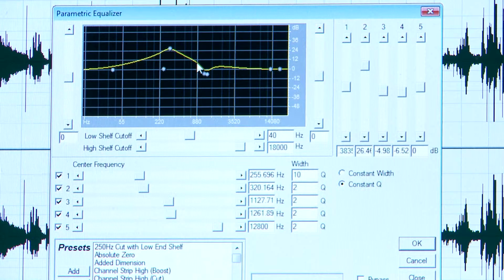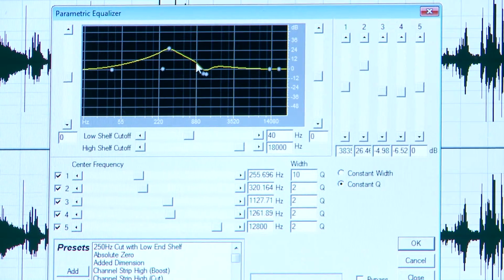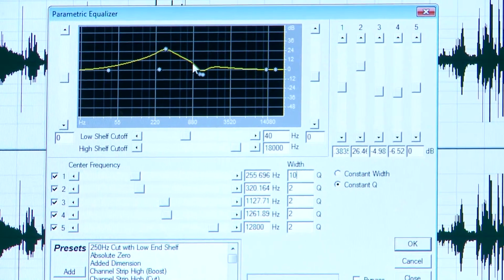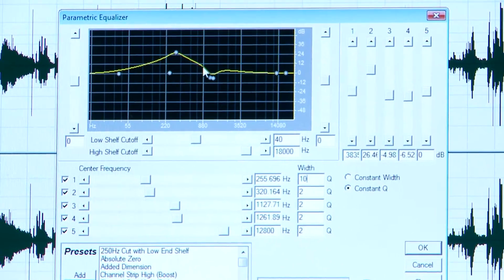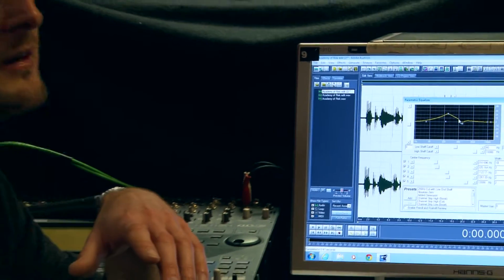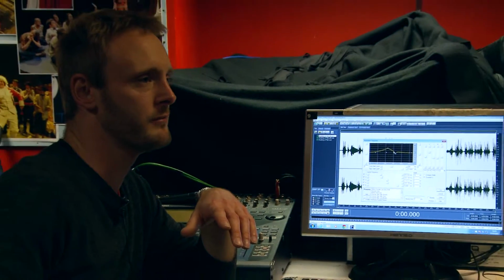And if you've got one frequency that's standing out of the mix, classic is like 2.5K, stands out of the mix 10 feet tall, it's really loud. We can put a very, very narrow Q of like 15 or so on there. Very, very tight bell, dip that out, and then we've completely solved that frequency problem. It can be the same for people, like some people whistle when they speak, especially with false teeth. That whistle, we can just hack that straight out by finding the exact frequency, pulling it out with a really tight bell,